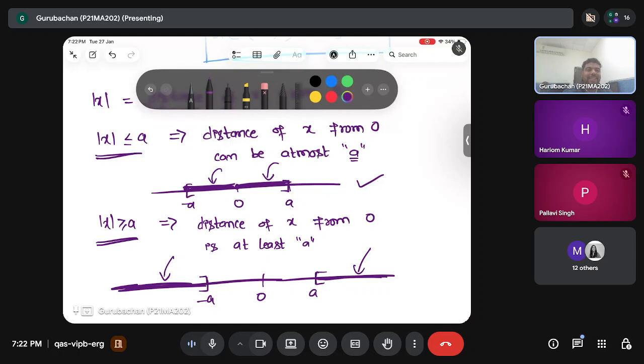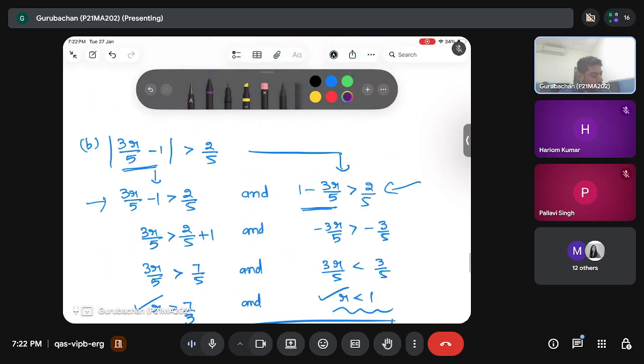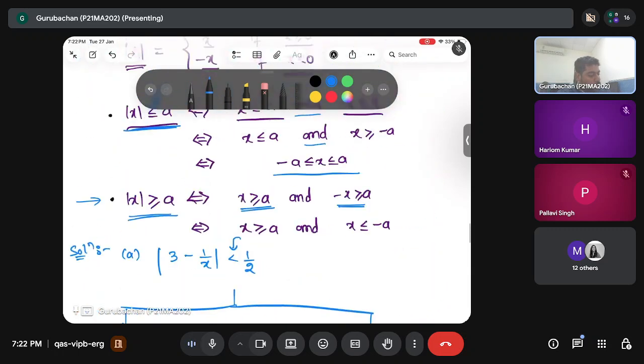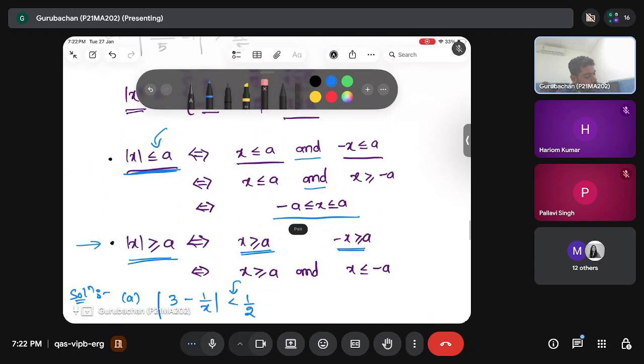You have to consider any of them. If you write it properly mathematically, then here this 'and' should be, although I was saying the meaning is the same, either this should be true or that should be true. So this should be 'or'. While if you talk about